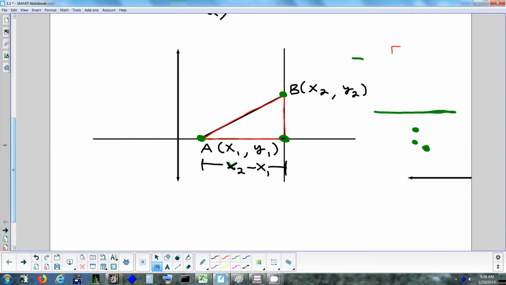So, Caitlin, could you tell me what you think the length of this height would be? y2 minus y1. Yeah, it's y2 minus y1. That's from there to there. Now we know the length of the bottom. We know the height. We're just going to take and plug those two expressions